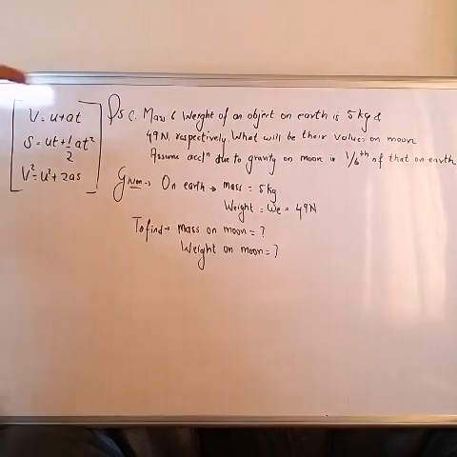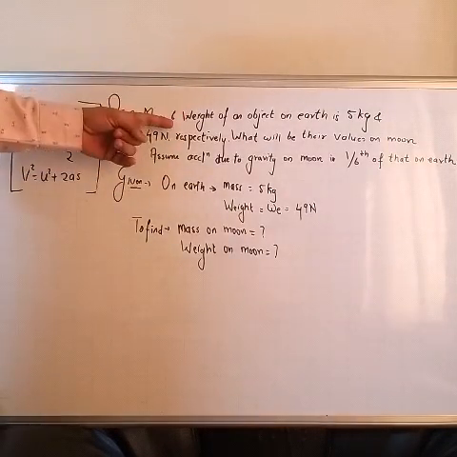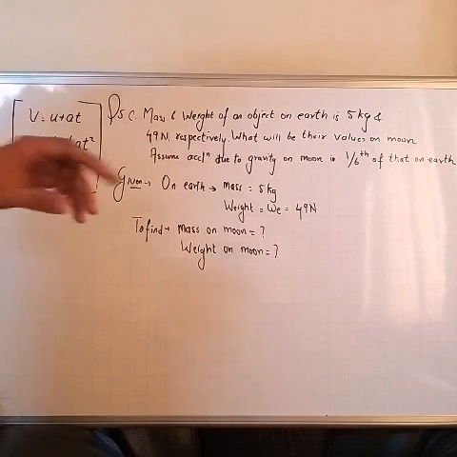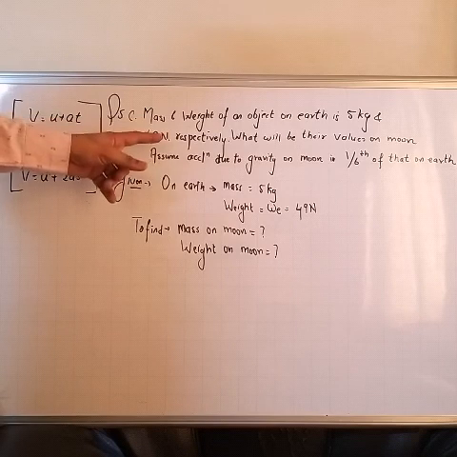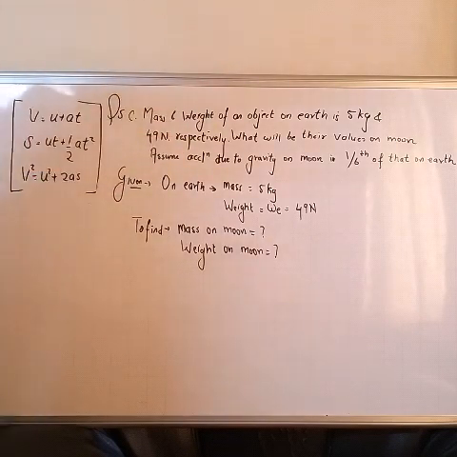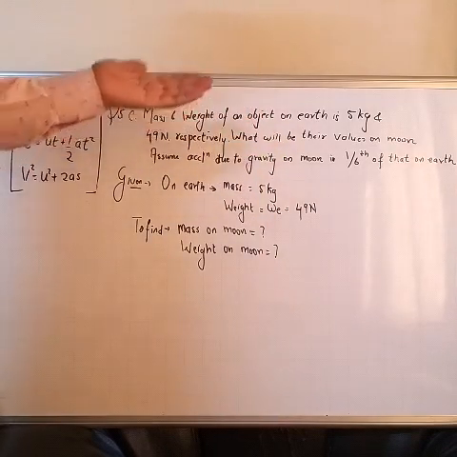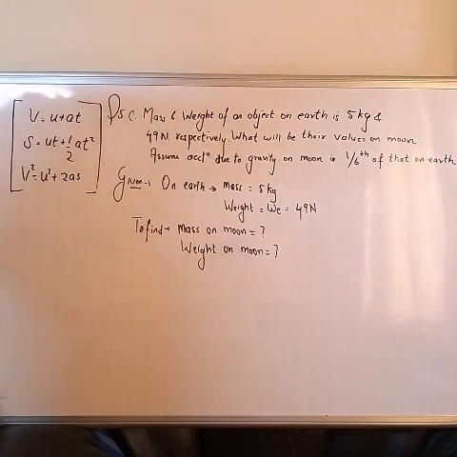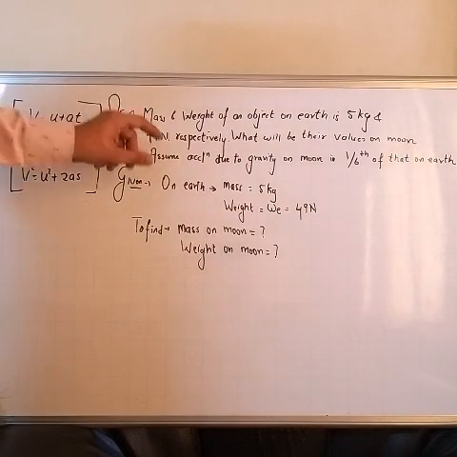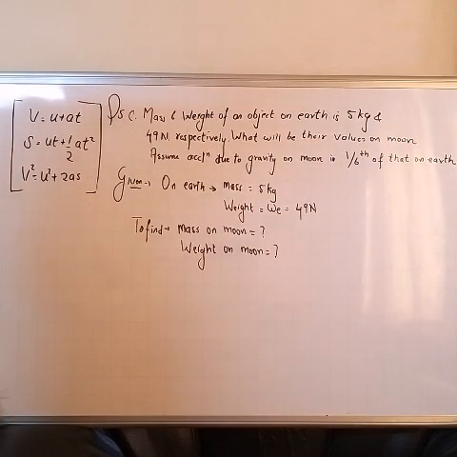It's question number 5c. Now in this numerical they have mentioned mass and weight of an object on earth. Mass of the object on earth is 5 kg and weight of the object on earth is 49 Newton. Secondly, they are asking us to find the value of mass and weight of the same object on moon, right? And they have mentioned that acceleration due to gravity on moon is 1/6 that on the earth.